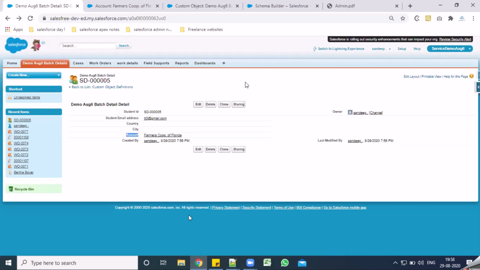So what exactly have we done? There is this account object, and there is this demo object. For that, I've tagged this demo record, D5, with the account name Farmer Corporation. This is the relationship that I've created. On this child record, if I click on that account, it would take me to that Farmer Corporation page.